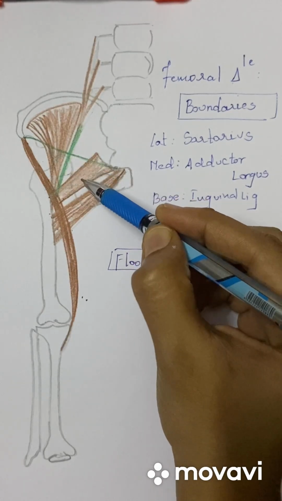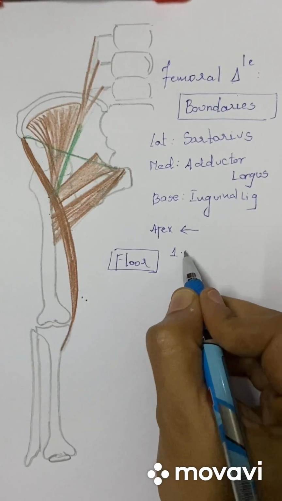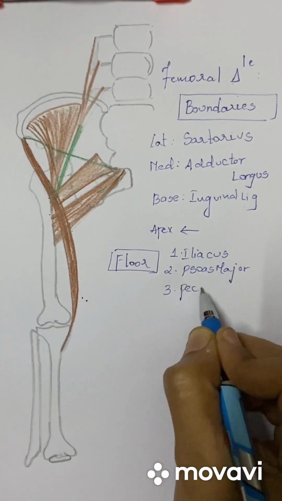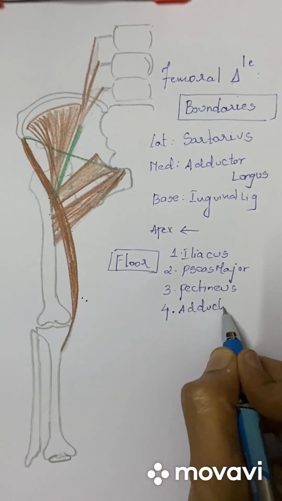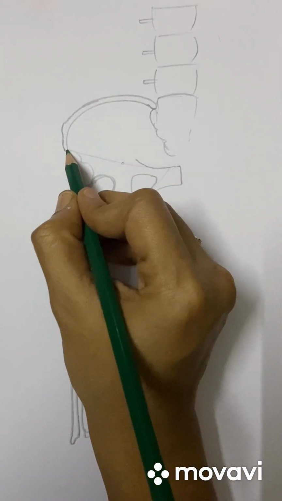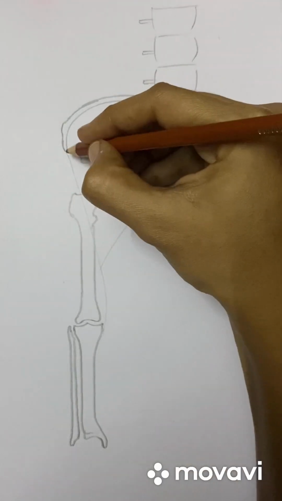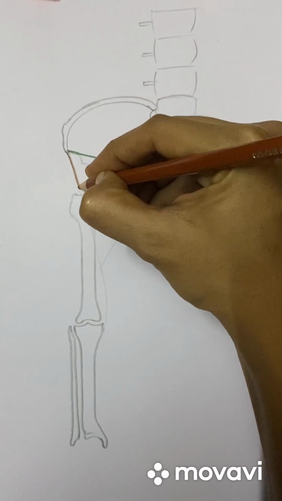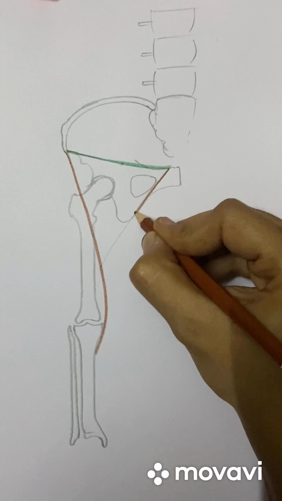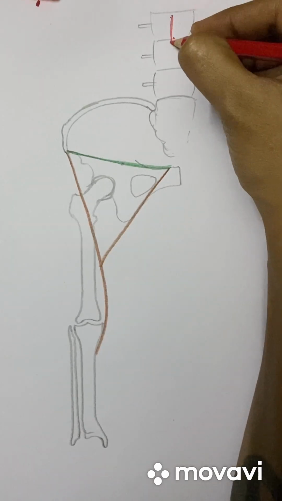So what are the muscles which form floor of the femoral triangle? From lateral to medial it is iliacus, psoas major, pectineus, adductor longus. It also forms floor of the triangle. It forms both medial boundary and floor of the femoral triangle. Now coming to the contents of femoral triangle. So base by inguinal ligament, laterally by sartorius, medially by adductor longus. Now coming to the contents,